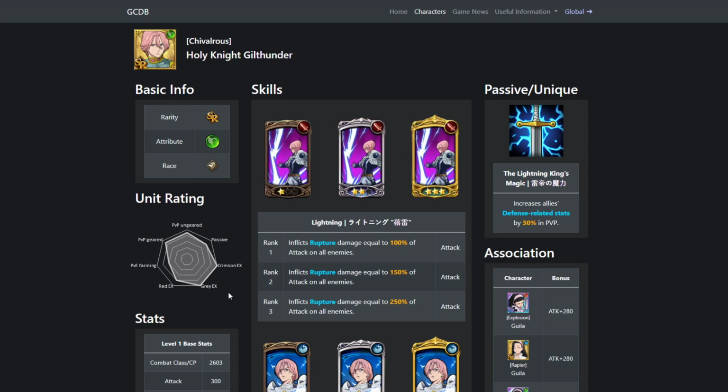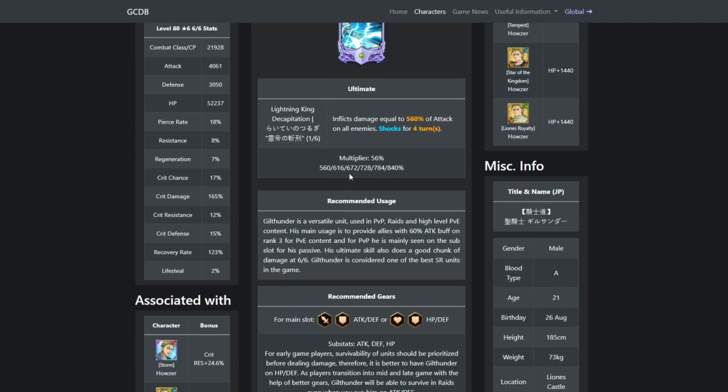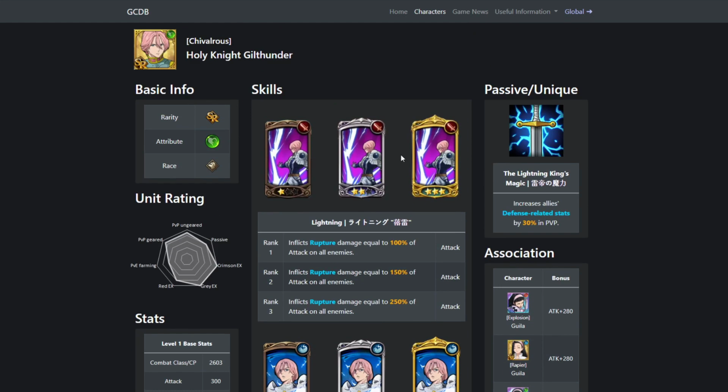But if we're talking boosters, the best damage booster in the game is Green Hellbrim, right? Getting that 30% to pierce rate, crit chance, crit damage, and attack is much better than 60% just to raw attack, right? So Green Guild Thunder is definitely the better booster if we're talking about raw boost. But, I mean, he can bring ult damage to the table. But I just don't think he...